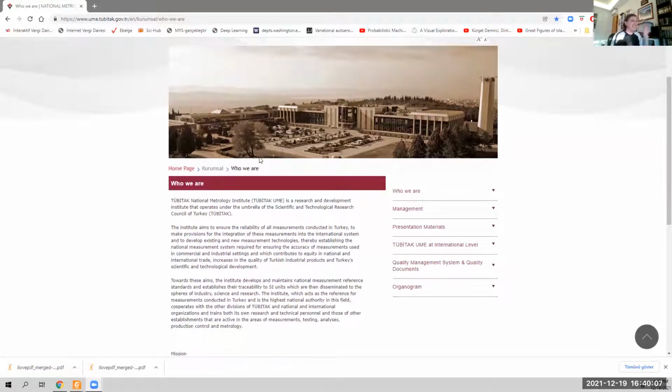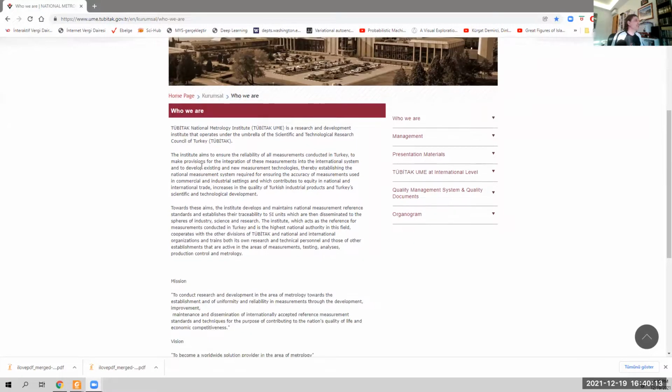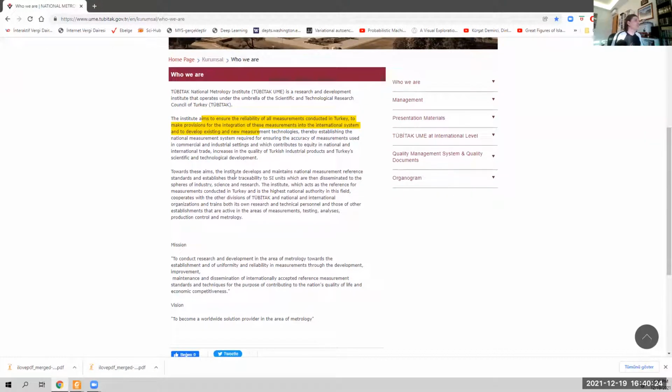It is specifically related with this issue. For instance, it says the institute aims to ensure reliability of all measurements conducted in Turkey, to make provisions for integration of these measurements into the international system, to develop... It goes on. Of course, the institute develops and maintains national measurement reference standards and establishes their traceability through SI